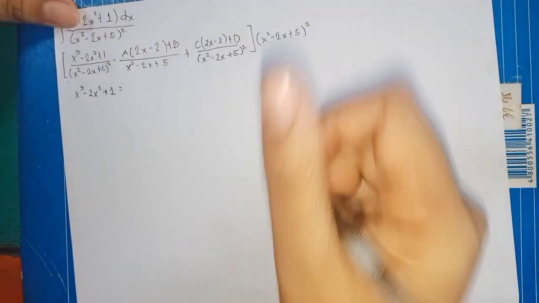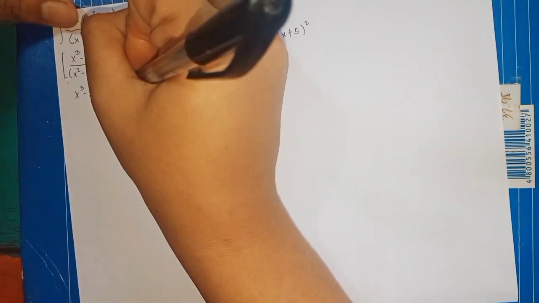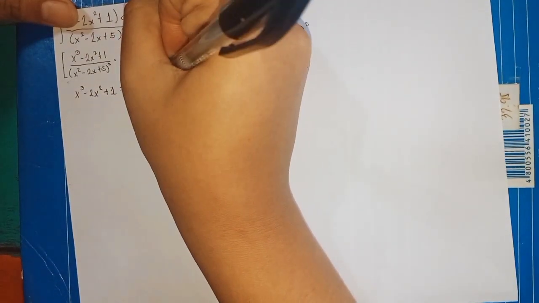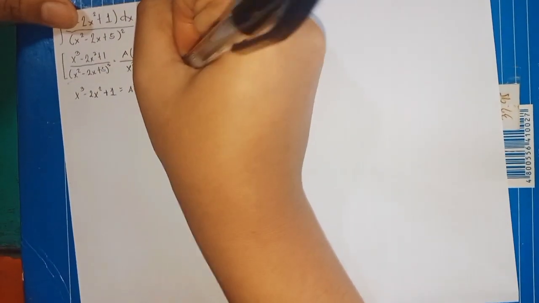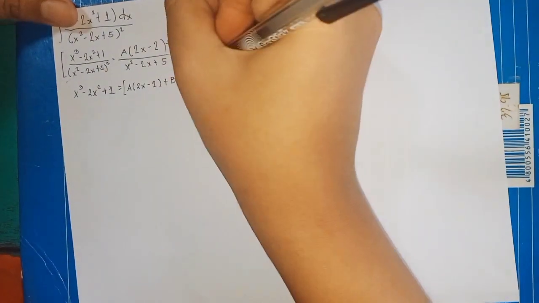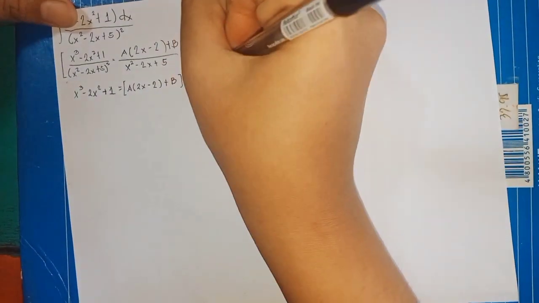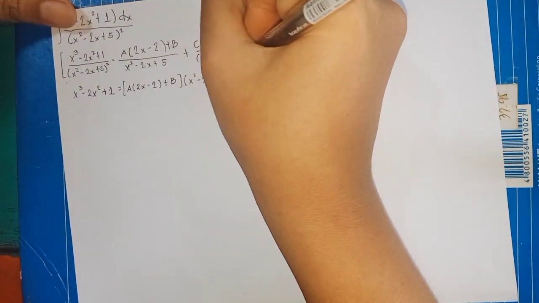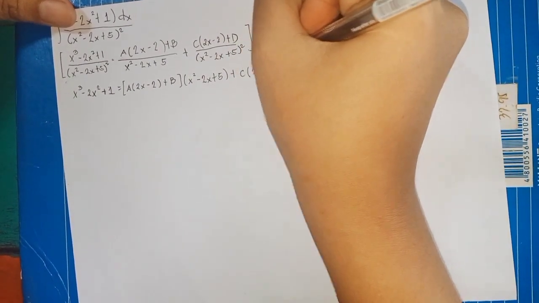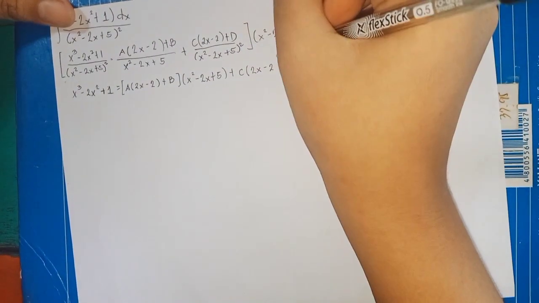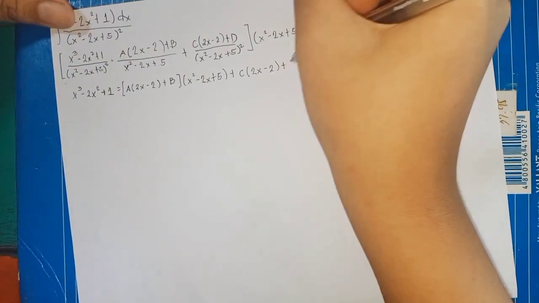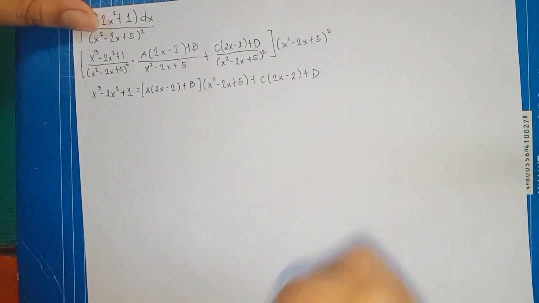is equal to, so cancel, may natira pang isa, so a times 2x minus 2 plus b times the x squared minus 2x plus 5 plus c times 2x minus 2. This will be cancelled, then plus d. Okay, so